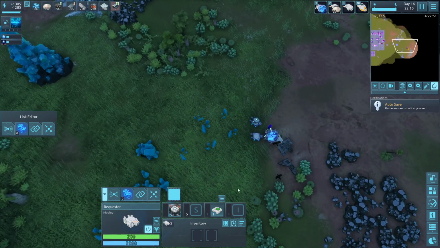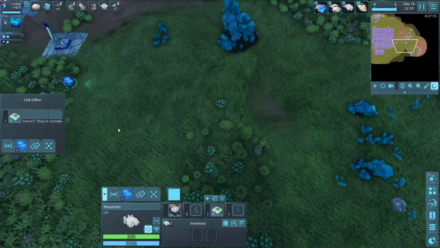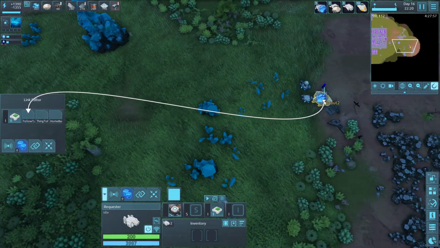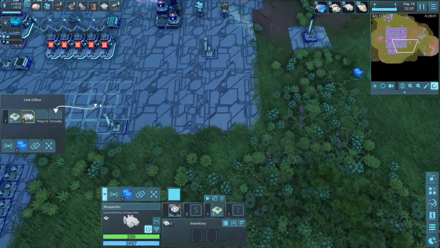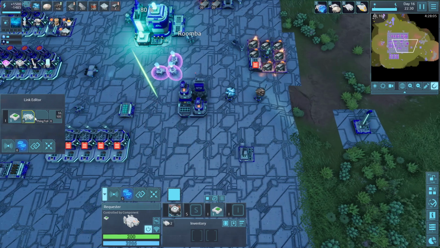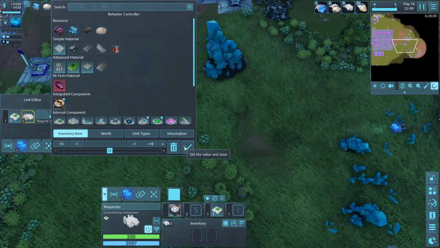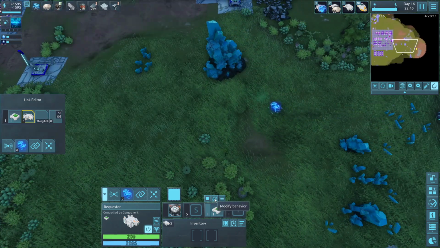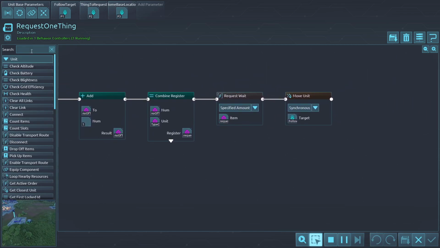Have you noticed a problem with these guys? Behaviors, request one thing. What if I say follow scout? That's good, right? And the home base location is going to be about here. Oh, I'm forgetting something very important. Once you set up that request,